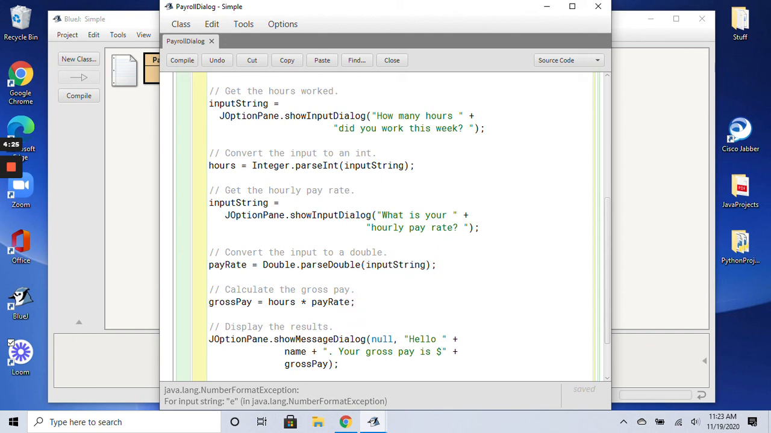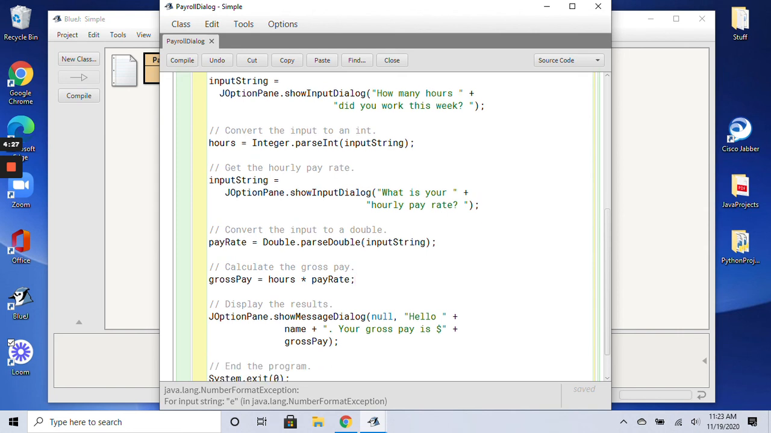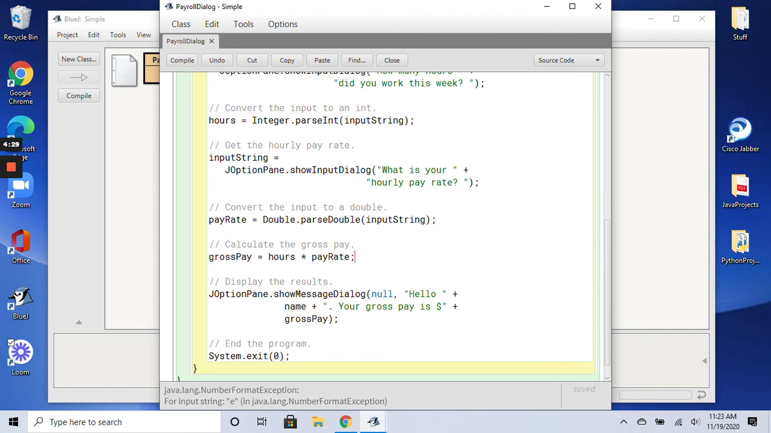So with those conversions, I can now calculate the gross pay, and I could accurately display my results. So that's the